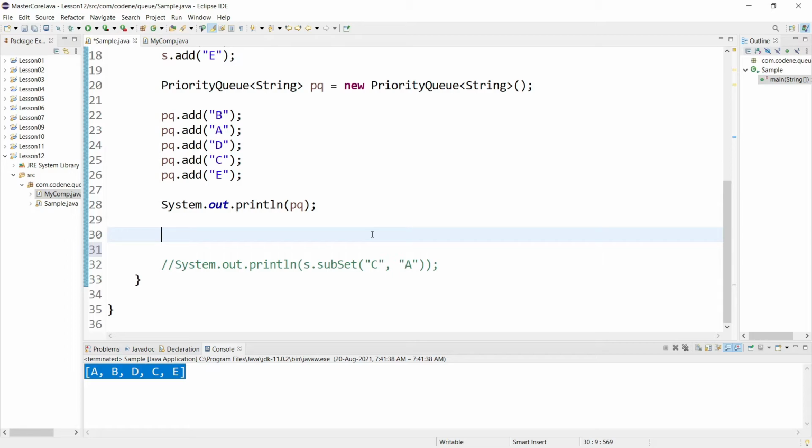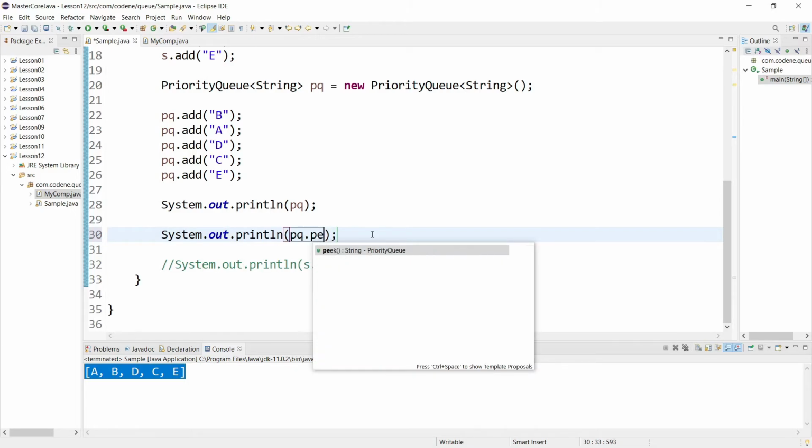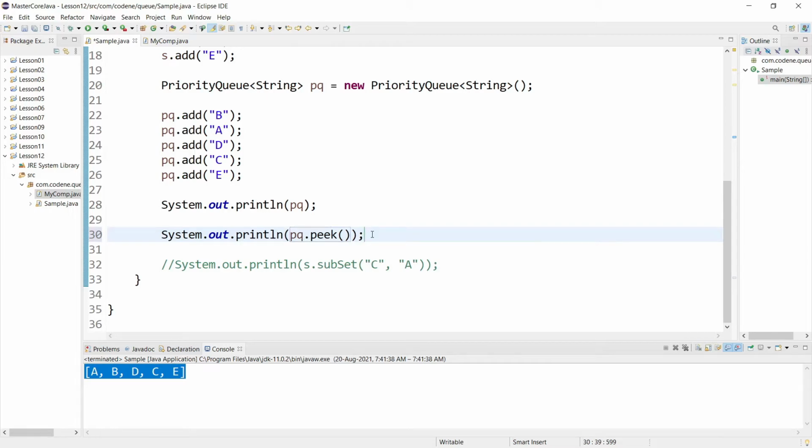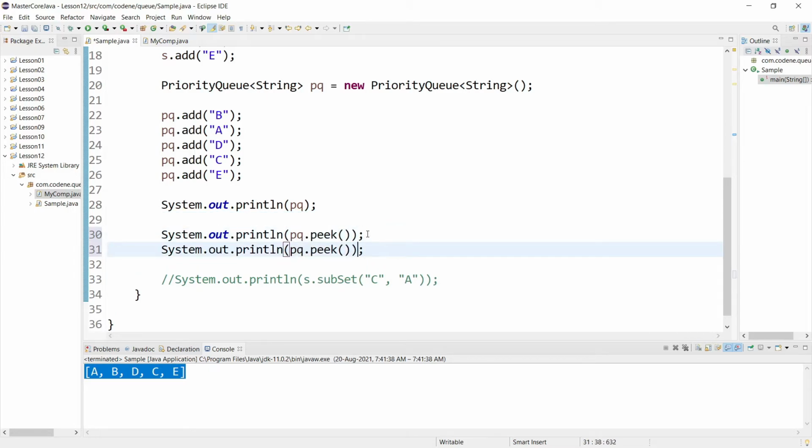So what I mean by peek and poll is that, let's say I write pq.peek. Then let me copy it quickly. I will say pq.poll, and then it will be peek again.